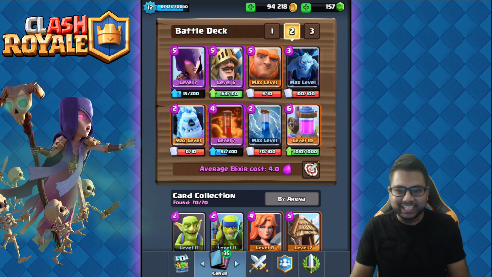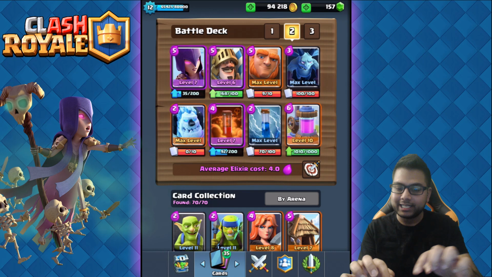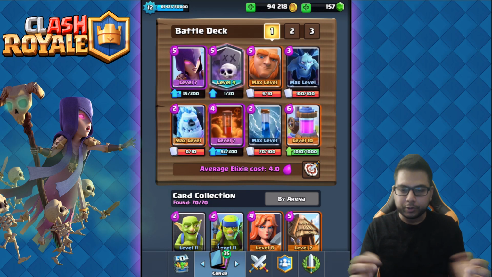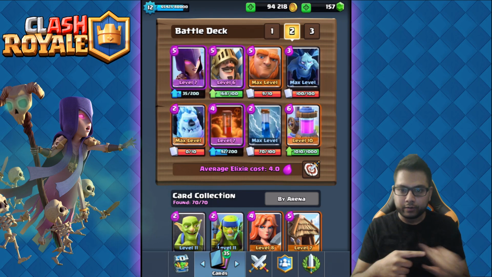Hey guys, it's Ash, and today we're going to do a live grand challenge session with these two decks, this one and this one. The main difference between these two decks is that this one has the Prince, while this one has Graveyard. Both of these decks are very strong, been doing very well in grand challenges and trophy pushing,